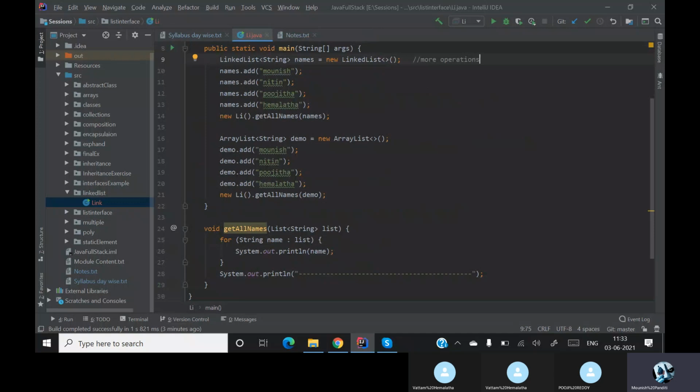Basically, operations will be our set method or remove method, delete method, these kinds of things. When there is more editing, we will be using our linked list.